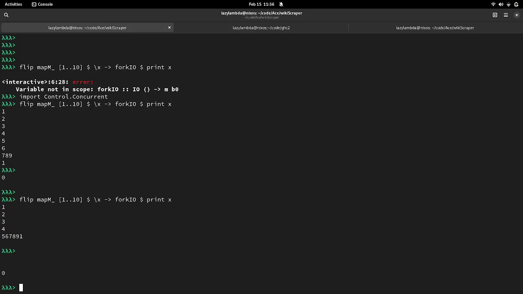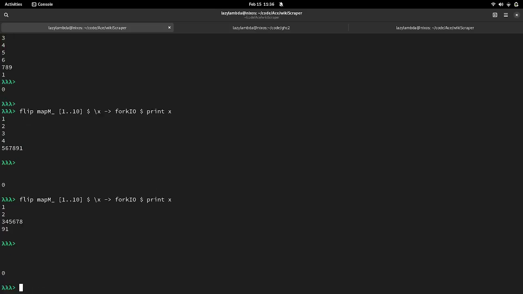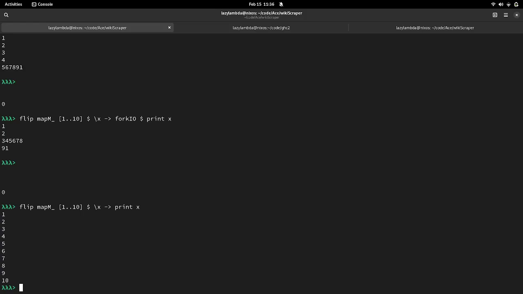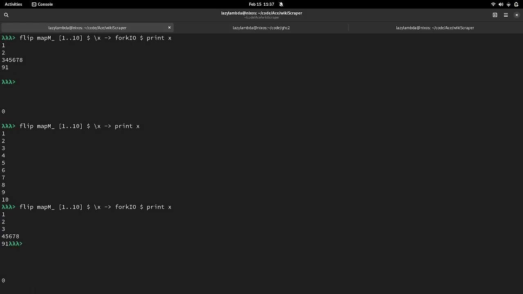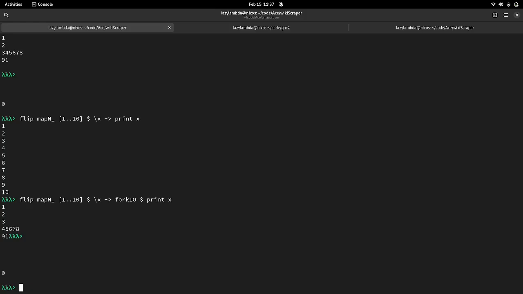Look, if we look at this, I'm making a race condition here. I am forking 10 different processes in this code, which are all going to print what number they got. In a sequential program, this should print 1, 2, 3, 4, 5, 6, 7, 8, 9, 10, right? If I do that, that's what it looks like. But if I add in, and this is how you do it in Haskell, by the way, you fork the program by just literally using forkIO. It could not be simpler.